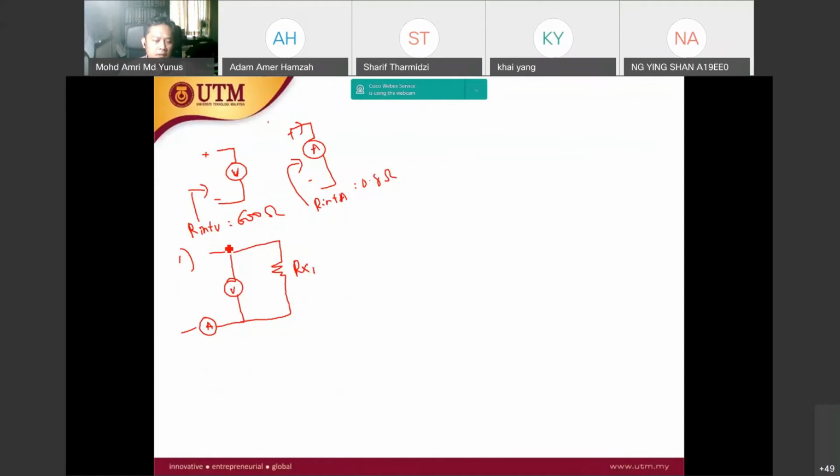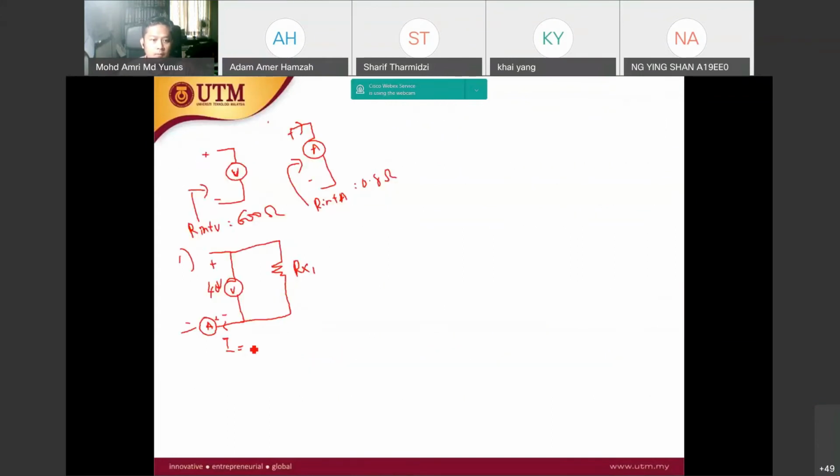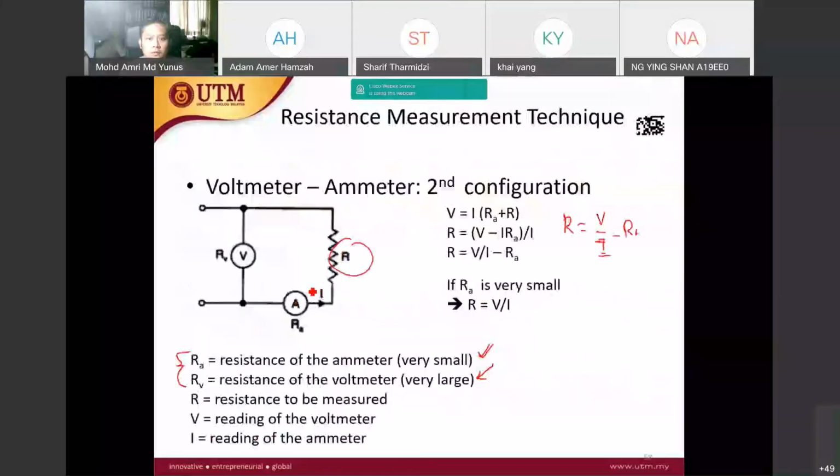the reading is 40 volt for the voltmeter and the ammeter is 120 milliamp respectively. Okay. So this reading will be 40 volts. Okay. And this reading is I here. I here will be 120 milliamp. But we don't know what is Rx. Okay. For the first case,